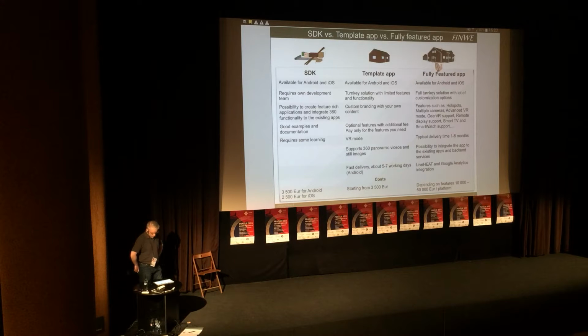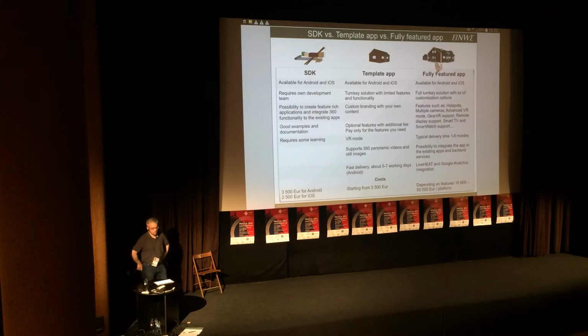And when we go into the technology details, on the SDK level, this is available for Android and iOS. It also supports Android TV and Android Wear devices such as smartwatches. But to develop your app, you need to have your own development team.